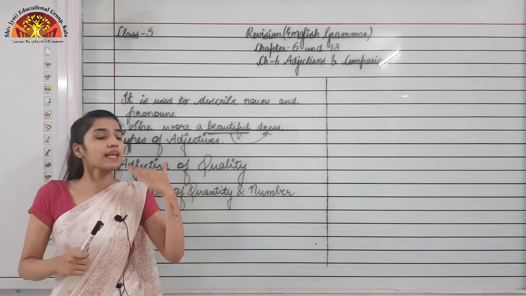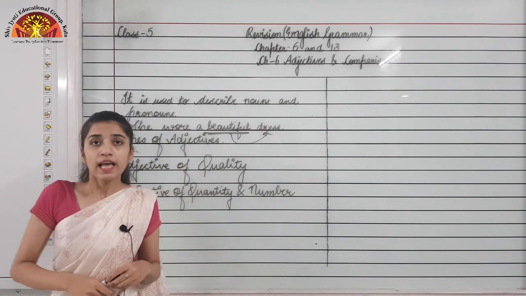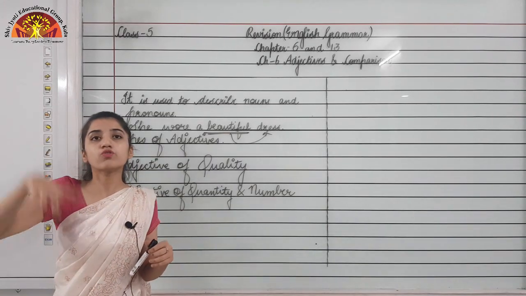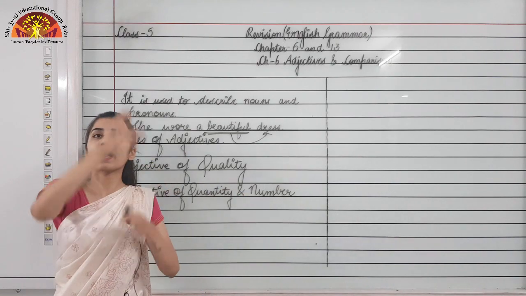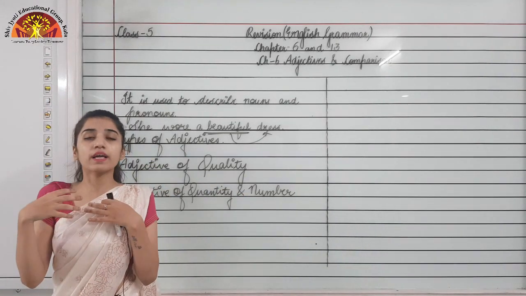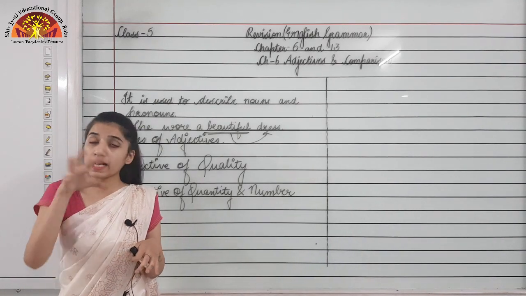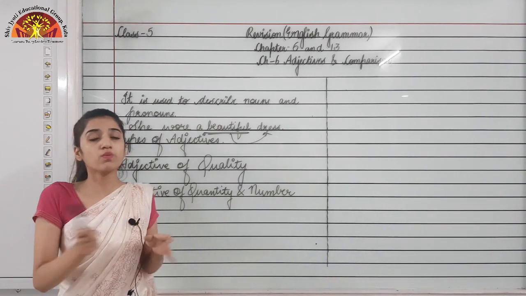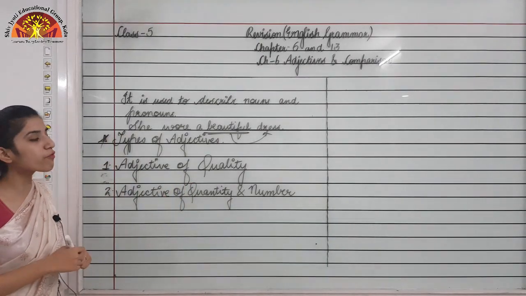Now moving to the next example of adjective of number. I can say there are 7 rooms in my house. Here 7 is describing the rooms in my house, right? In my house there are how many rooms? I can question it like that, and I got the answer as 7, which is an adjective of number.